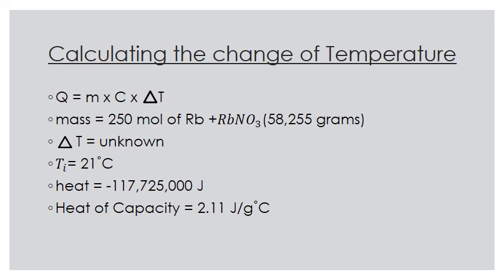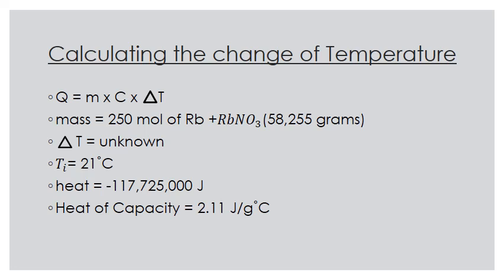The initial temperature that we were given was 21 degrees Celsius, which is the water surrounding the chemical reaction. And we have the heat, which we figured out, which is negative 117,725,000 joules. And the heat capacity will be 2.11 joules per gram degrees Celsius, since this will be in the solid state,